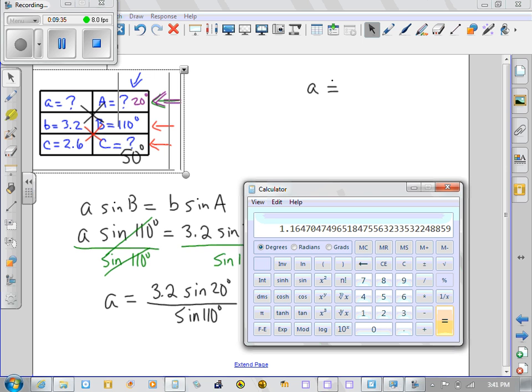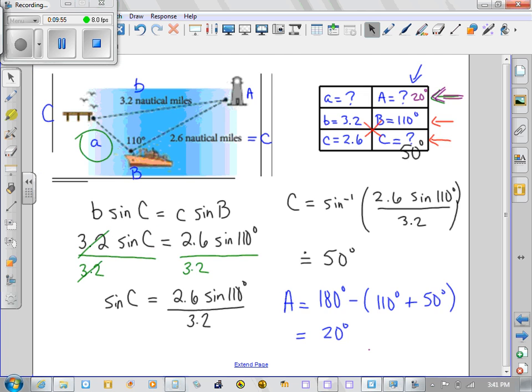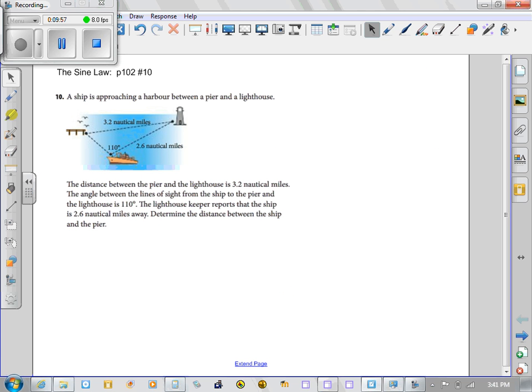So if you look back at the table, or the numbers given in the problem, they were accurate to one decimal place. You can see it in the 3.2 and the 2.6. So we're going to round this off to approximately 1.2. So if we back this up again, go back to the diagram, the original problem, and this measurement here is 1.2. This angle here is 20 degrees. The angle that is here